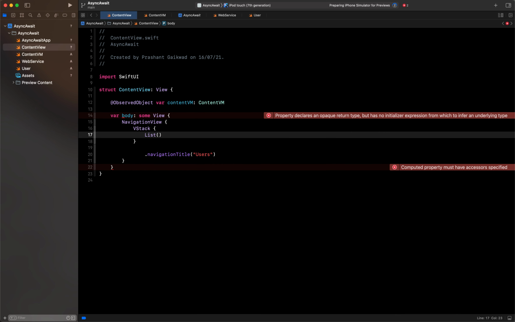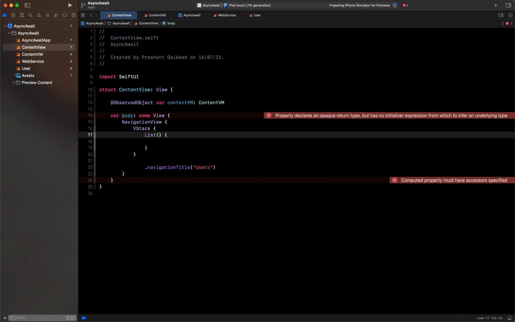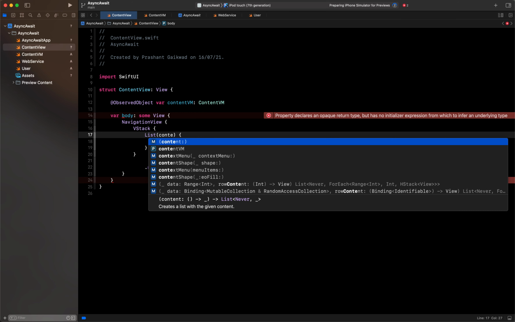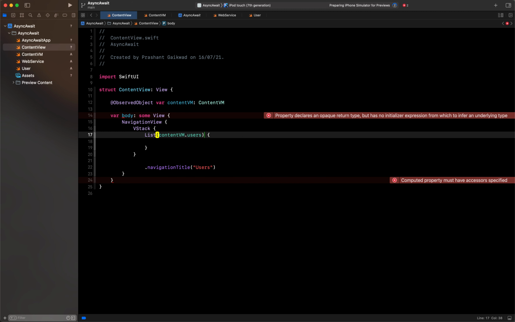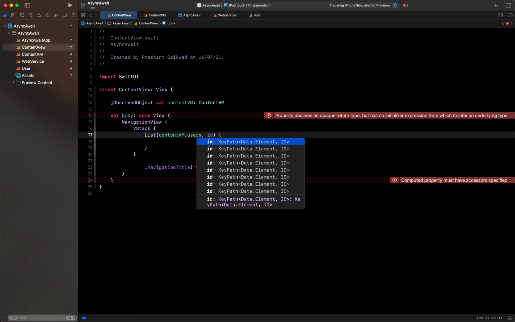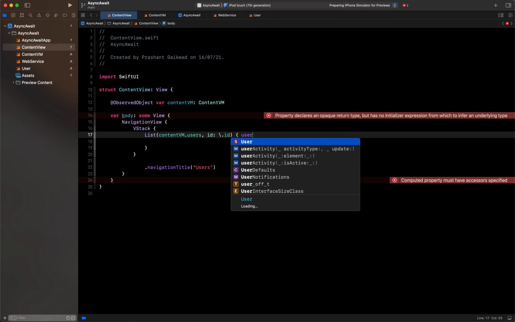The list will be of the users from the content view model dot users, which property we have declared as published, and we have to also say id, so that it will identify each element uniquely in the list, and we will get one user. So I will say user in,